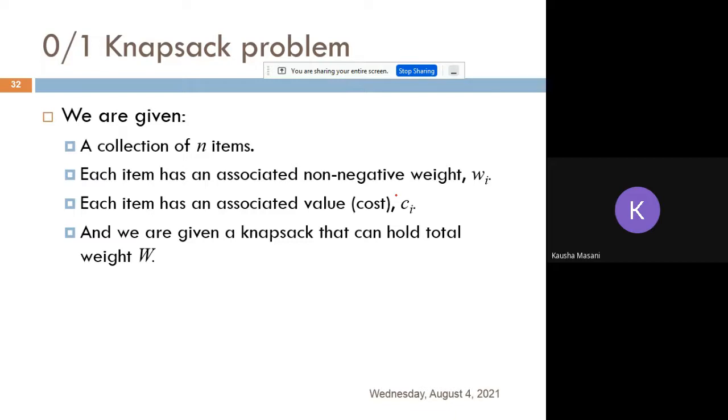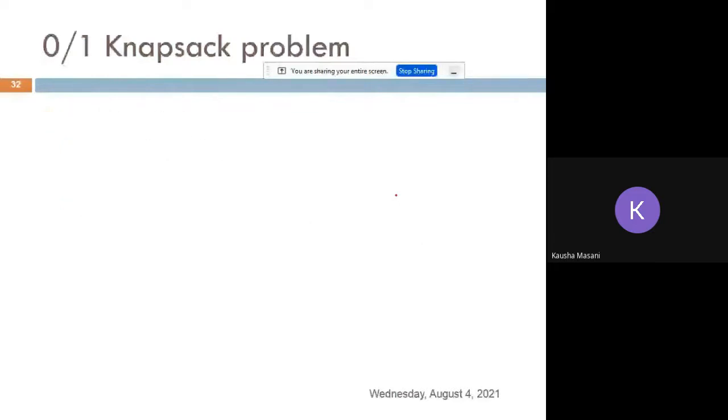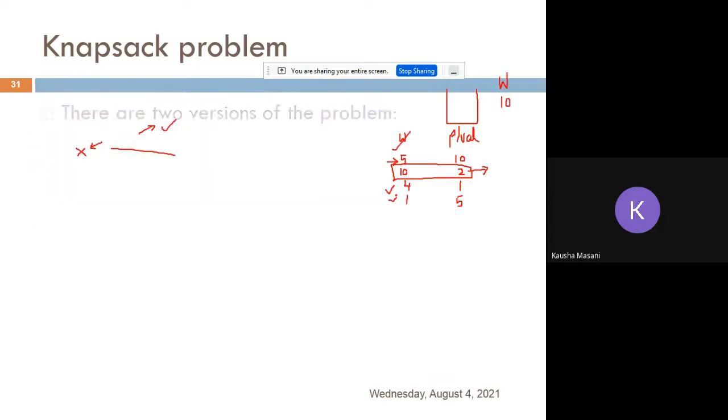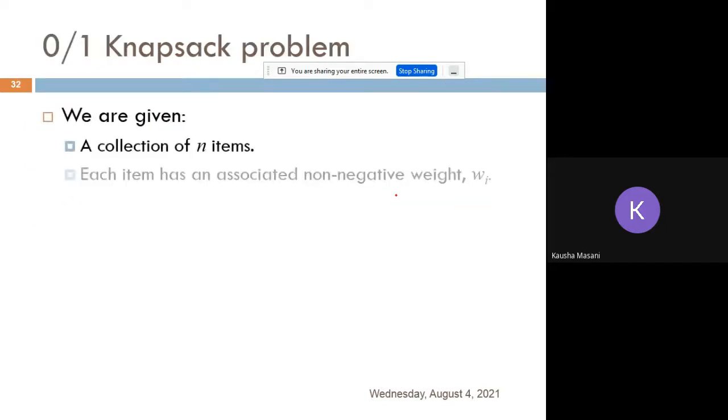And the last thing that will be given in the question is the total weight of your knapsack, how much weight the knapsack will be able to hold. So that capital W will be given to you. If you want, you can draw a table something like this: items total, so 1, 2, 3, 4, their weights, their cost values, V of I or C of I, and the total weight, capital W, of your knapsack. These things will be provided to you in the question.